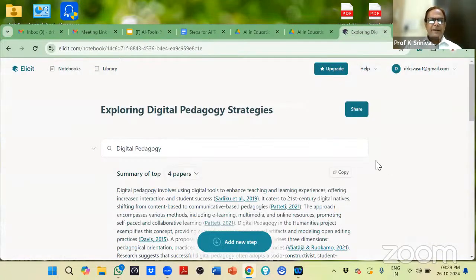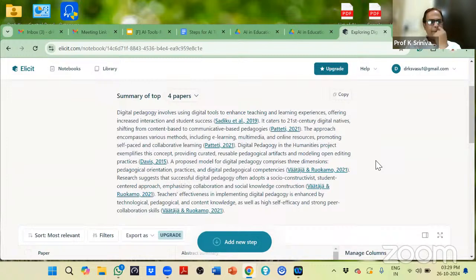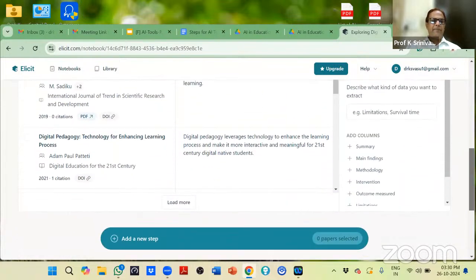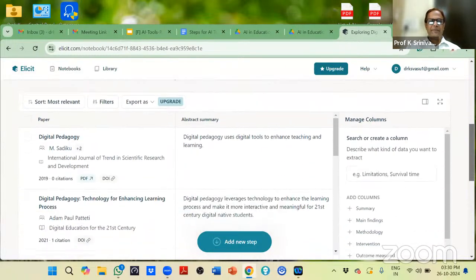अब देखिए डिजिटल पेडागोजी में वो समरी ऑफ द टॉप 4 पेपर्स मेरे सामने आ रहे हैं। अब इसके बाद आप अपग्रेड करोगे तो 8 पेपर्स का आ जाएगा। इसमें देखिए डिजिटल पेडागोजी का पेपर 1, पेपर 2 और नीचे तो पेपर 3, पेपर 4। देयर आर 4 पेपर्स अवेलेबल।